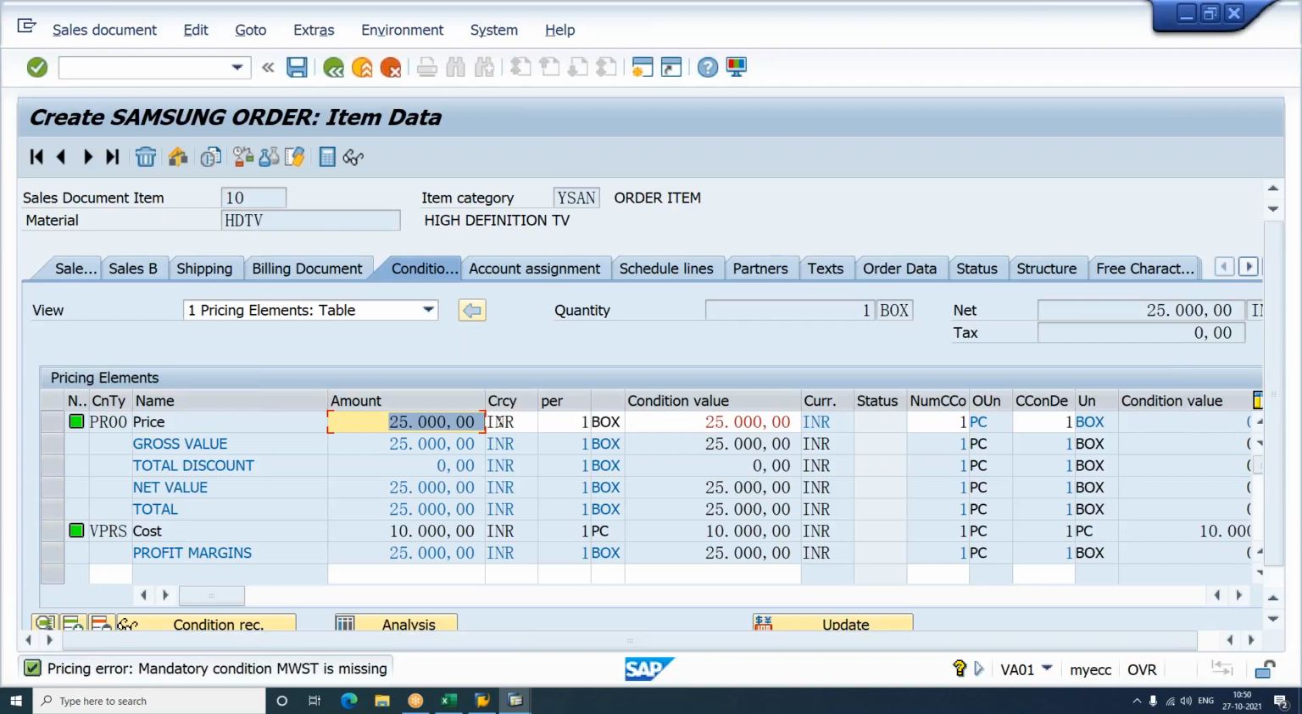So if the end user wants to change this particular value, they can. I'm just trying to change it to 24,000. I'm trying to change it to 24,000 over here. It can be done over here. Okay. Now,